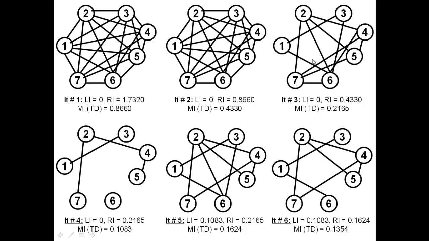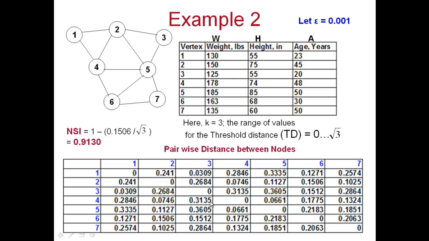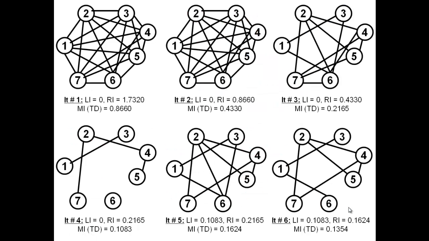So you see, for example, 5,7 had a distance of 0.1851, so that means it's greater than 0.1624, and 0.1851 is obviously less than 0.165. That is why they have an edge here on this graph, but it is greater than 0.1624, so we remove the edge between 5 and 7. Now you see that this graph is still connected, so that means the right index can be set to 0.1624,